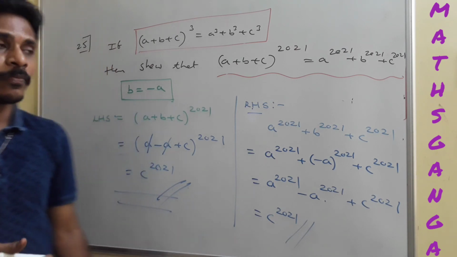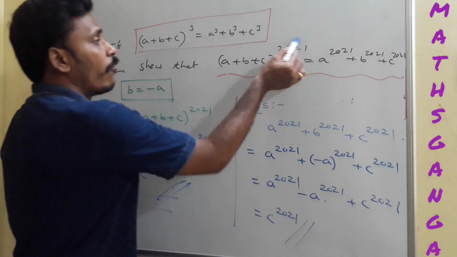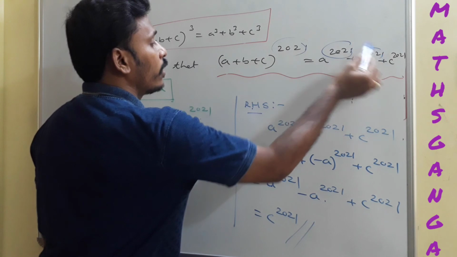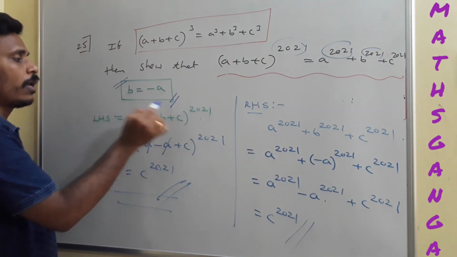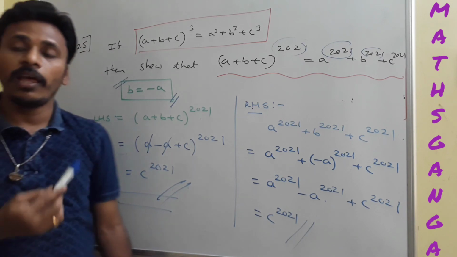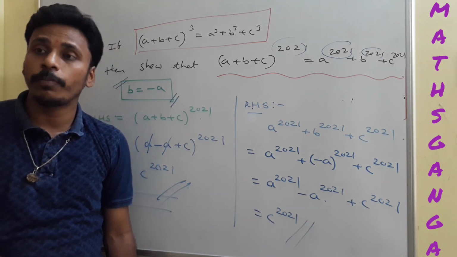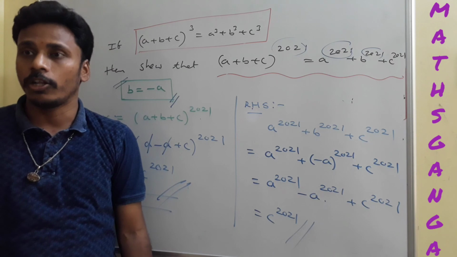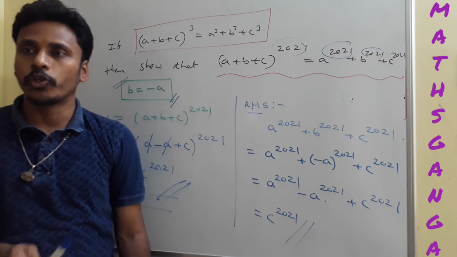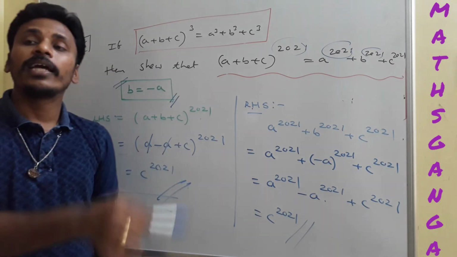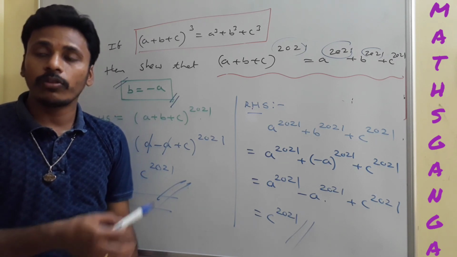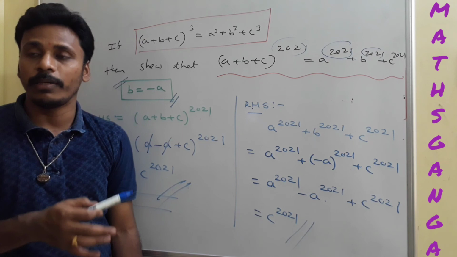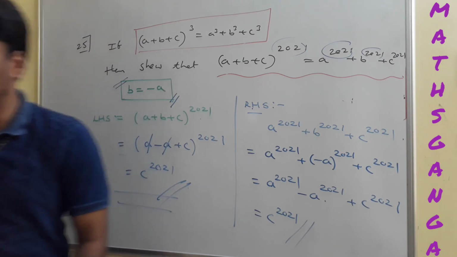Very logical, right? Not only for 2021, for every odd number in this power the situation is the same, because we have that b is equal to minus a. Not only b is equal to minus a, we may have c is equal to minus b or a is equal to minus c also. In any one of the cases we have to show it, and in one case I proved it. In the same manner we can prove the other cases also. And now these are the problems related to (a plus b plus c) whole cube. Okay, just have a screenshot.